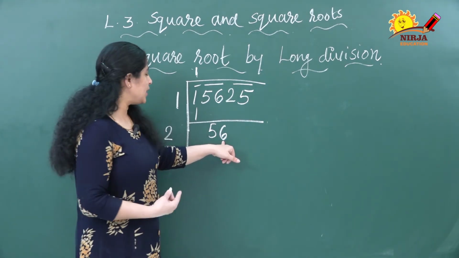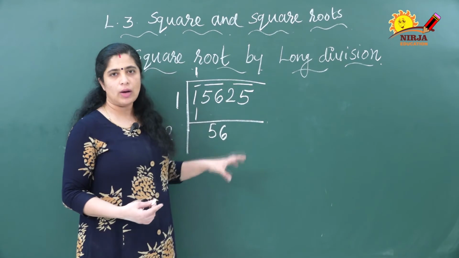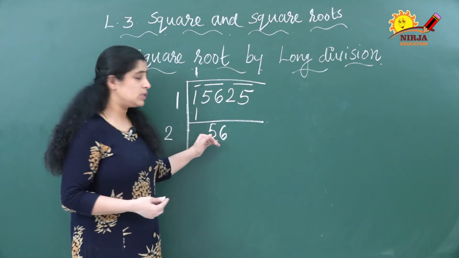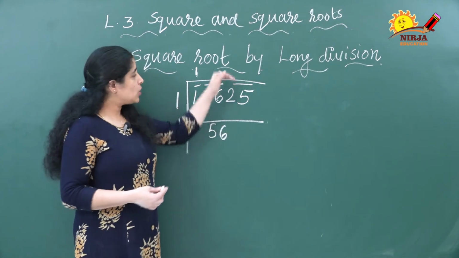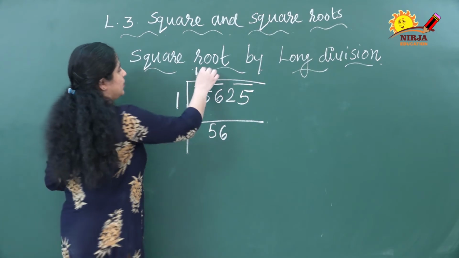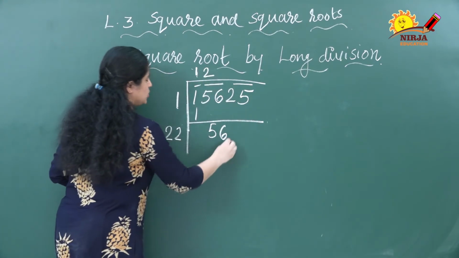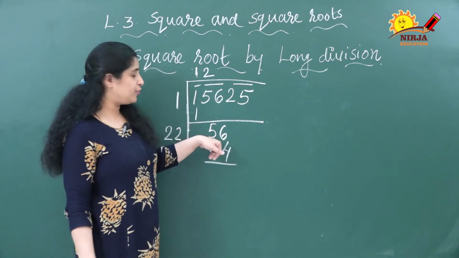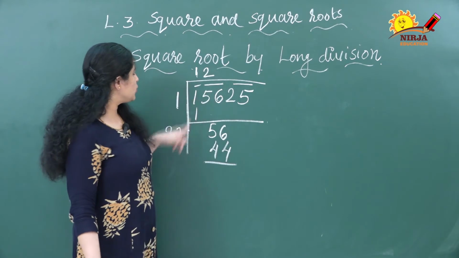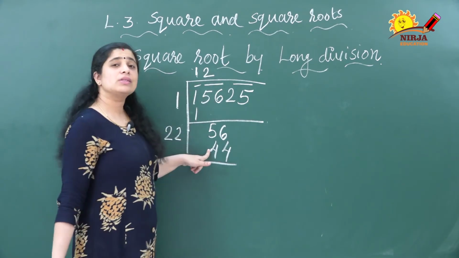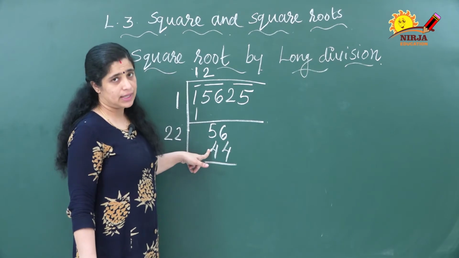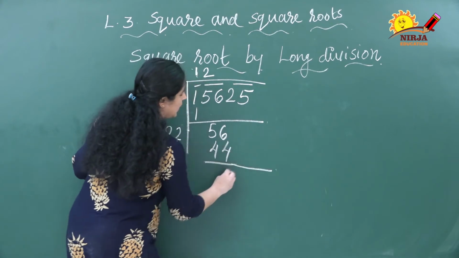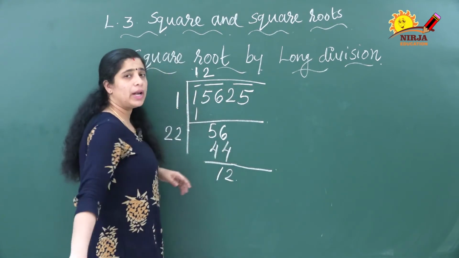6 means we will start from, it is not a perfect square, this is a small number, so you know that this is not a perfect square. So we will find the number near to this one. So I am first taking 2 here. So 2 2s are 4 and 2 2s are 4. This is the nearest number to 56. If you are taking 3, 3 3s are 9 and 3 2s are 6. 69 you will get. So you can't take that one. That is why I took 2 here. So when you do the subtraction, what will you get? 2 and here 1. 12 you are getting.